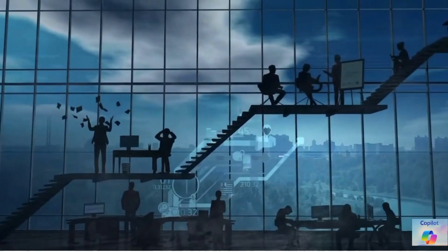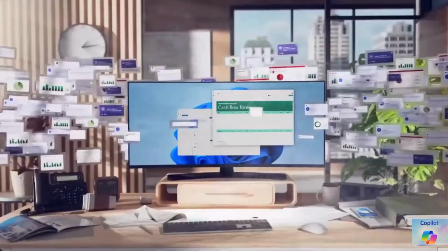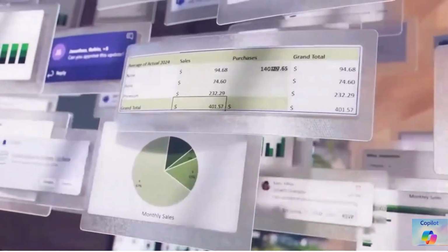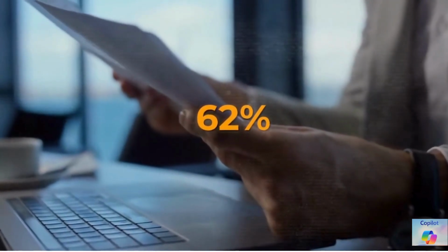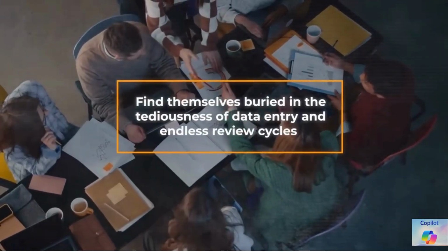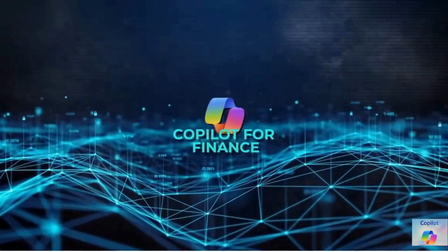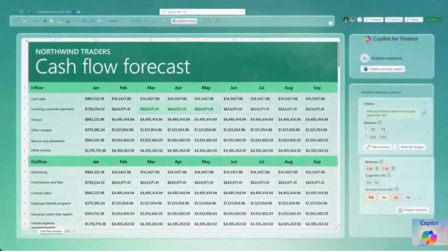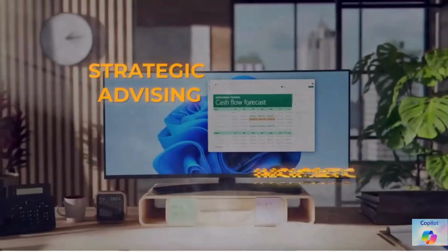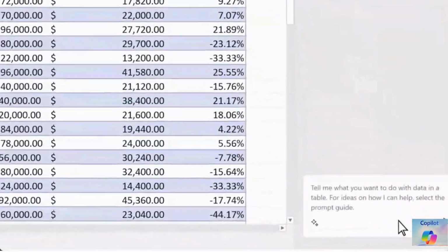Now let's come back to the update. Finance teams serve as a backbone of any company, making critical decisions that shape its future. However, a staggering 80% of finance leaders feel overwhelmed by the pressure to contribute more strategically beyond their regular operational tasks. Additionally, 62% of finance professionals find themselves bogged down in the tedium of data entry and endless review cycles. Enter Copilot for Finance, swooping in to save the day. Its mission is to free finance teams to focus on strategic advising and insights by streamlining financial processes and